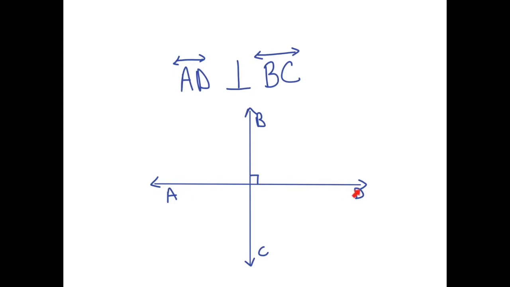So AD is right here, BC is here. Being perpendicular means that they cross at a 90-degree angle. I know that it has to be 90 degrees because in order to be adjacent, which means next to each other, and congruent and supplementary. Supplementary means they have to add to equal 180 degrees, but congruent means that they have to be the same measure. So in order to do that, they have to be 90 degrees. So in order to satisfy the three things that make lines perpendicular, being congruent, adjacent, and supplementary causes the angles